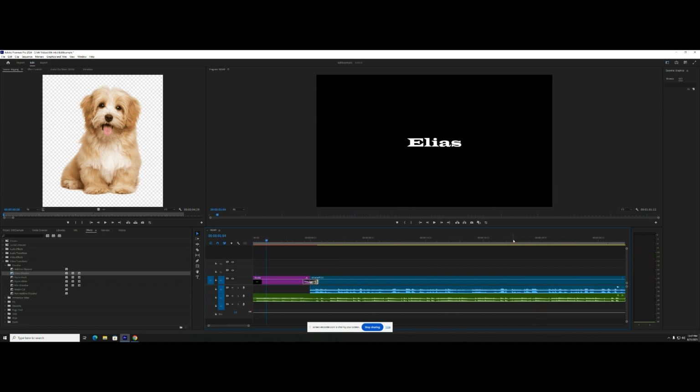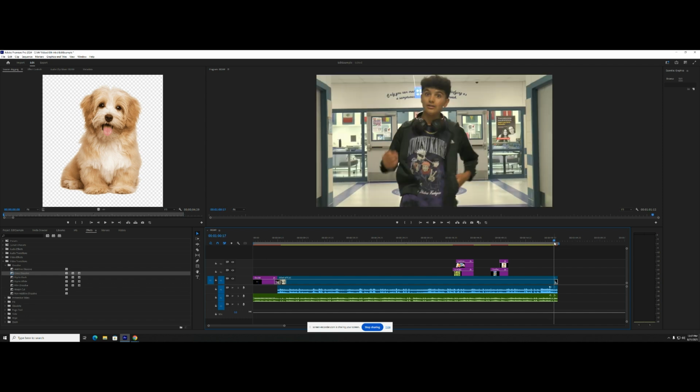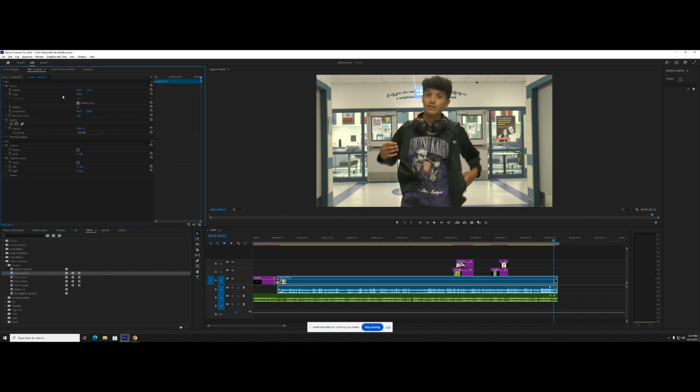And I can have that dissolve at the end. And then if I really wanted to get fancy with it, I could also have my music fade out at the end, my audio fade out at the end. I do that the same way. I can click on this for my audio, go to effect controls, and then we got audio level right here. And then I could put the dot there, go to the end,